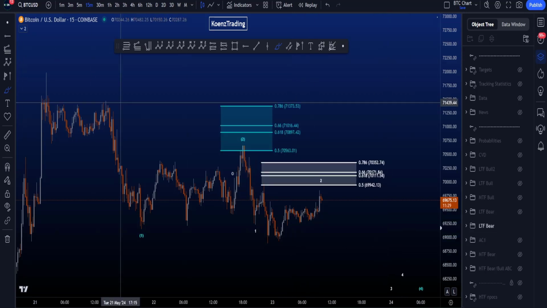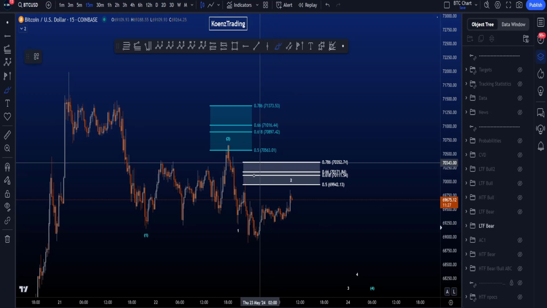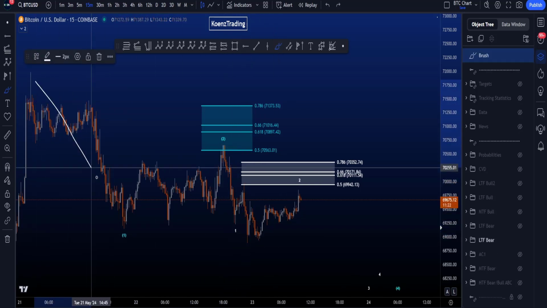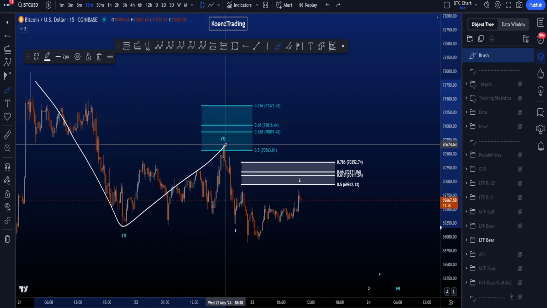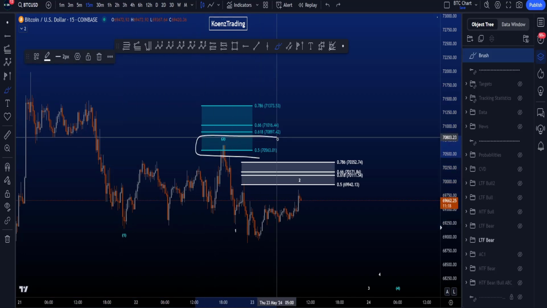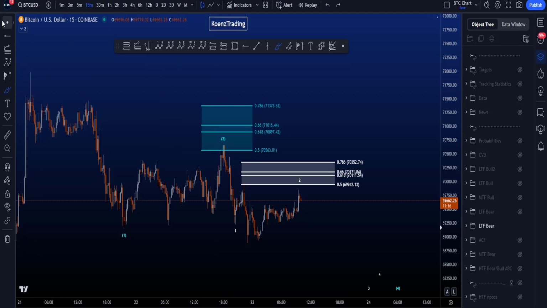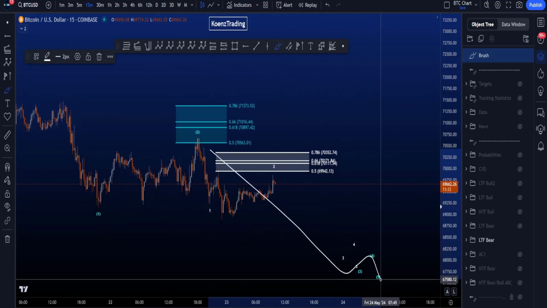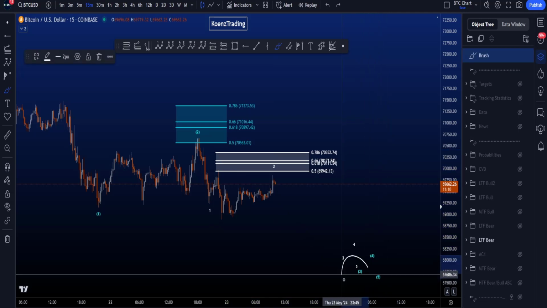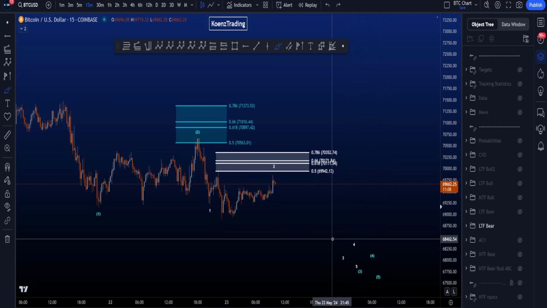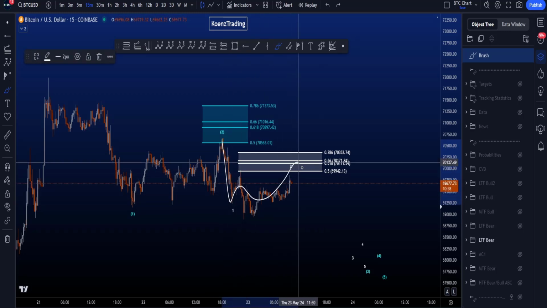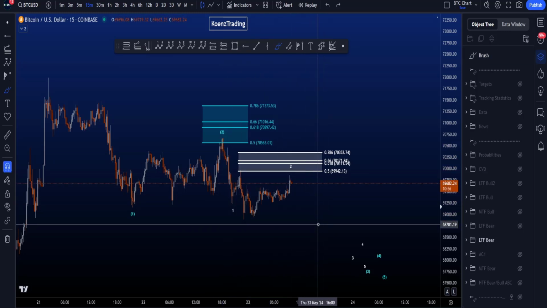The first scenario I therefore like to present to you is a double 1-2, where this structure is labeled a wave 1. We have a finished blue wave 1, finished blue wave 2, where the blue wave 2 retraced to the 0.5 Fibonacci, which is a common target for a wave 2, and then we're looking for a wave 3, 4, 5 to the downside. Inside wave 3, we're then looking for another 1-2. A finished wave 1 in white, looking for a wave 2, and then continuation to the downside in a wave